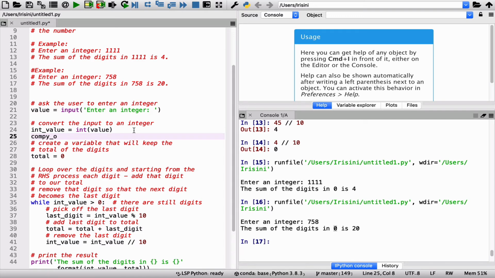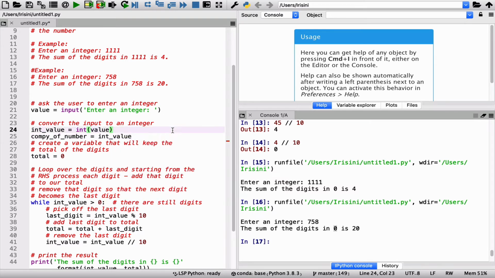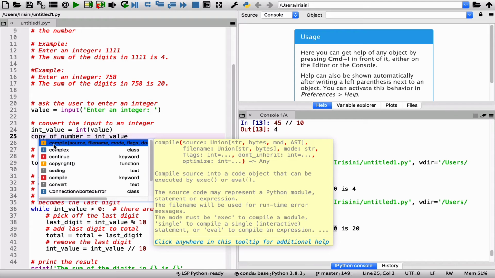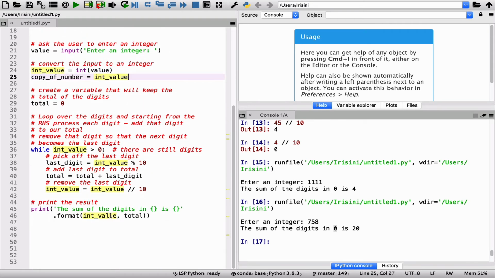Copy of number is actually int value. So all I have done is to store the original number in a copy in a new variable, and so now that number is safely stored here. So when I actually manipulate this one, I still have the original. So all I need to do is to say